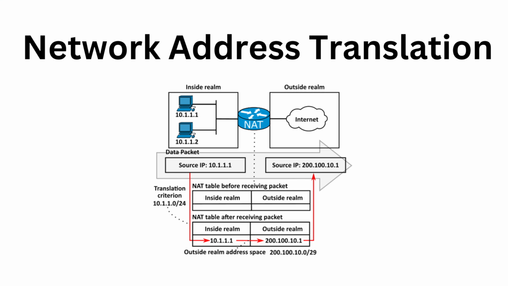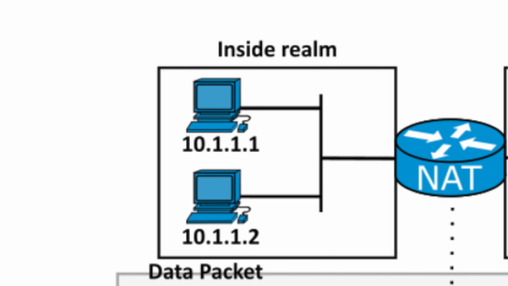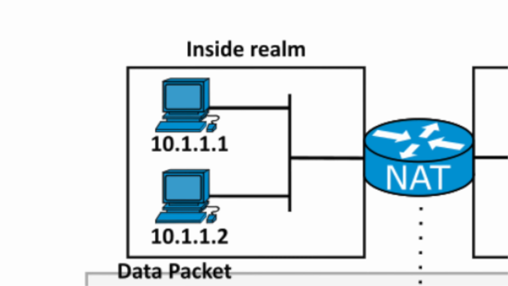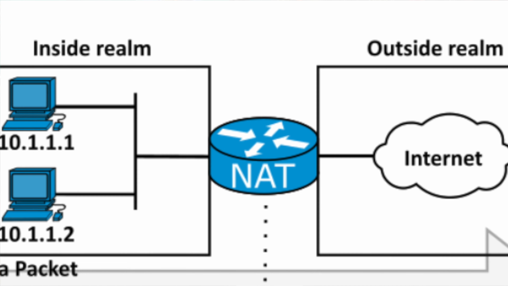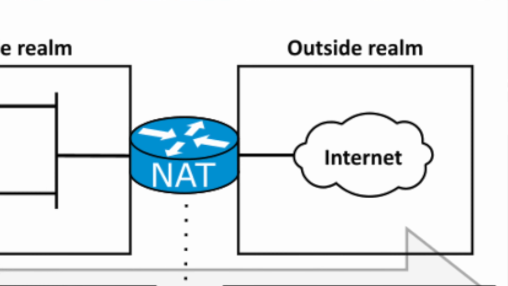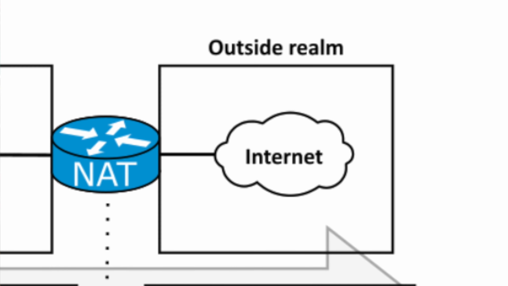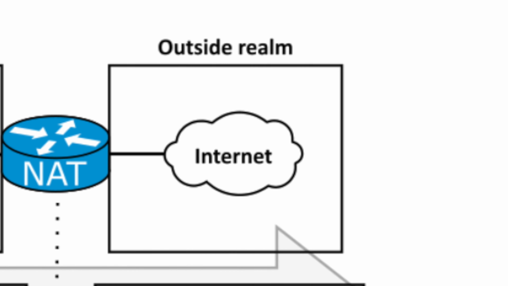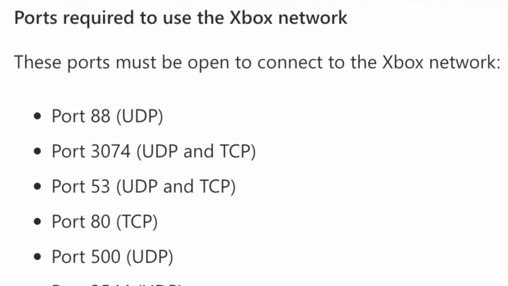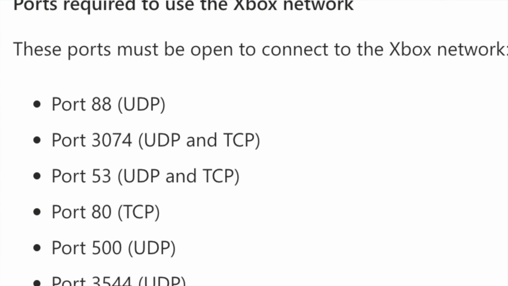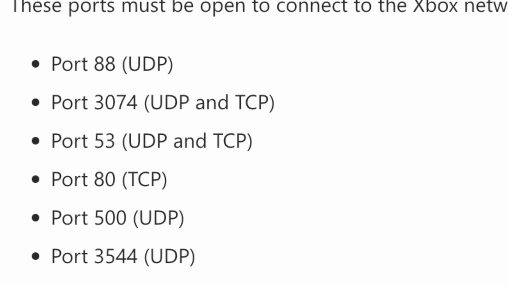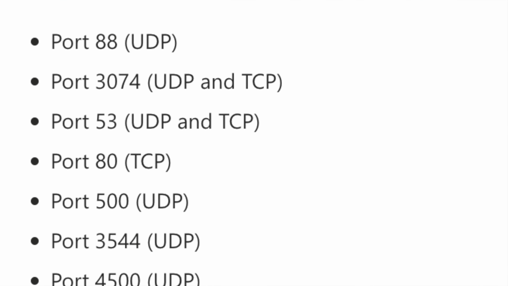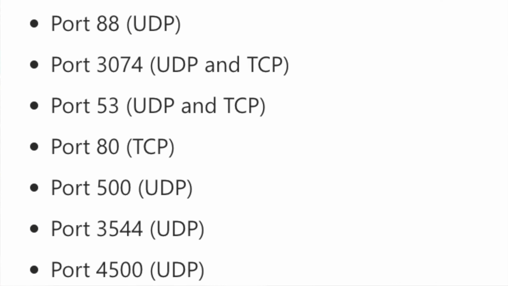NAT, which stands for Network Address Translation, is a method that allows your routing device to translate or change the IP address of your console into another one as it connects to the internet. This enables multiple devices in your house to share a single public IP provided by your ISP. However, gaming consoles often require communication through various ports. Problems arise when your router restricts connectivity to certain ports, leading to issues when connecting to services like Xbox Live